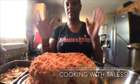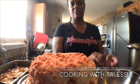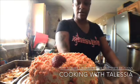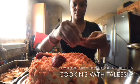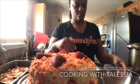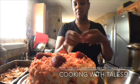Okay, I kind of cleaned it up. All you can take is a paper towel and just go around the rim of it. So I had cut up me some strawberries. I think I'm just gonna place them like that. Cut it in half. I'm gonna give you a better look when I